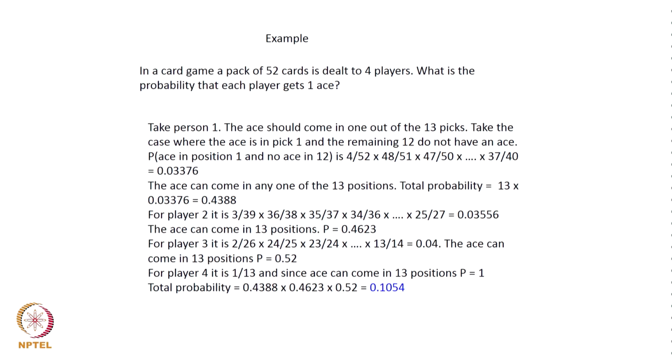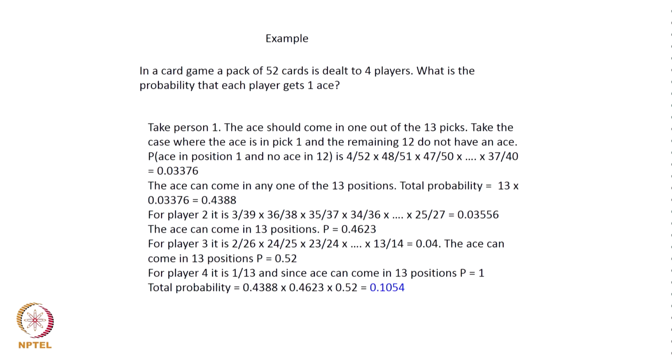The 36 by 38 comes because the second player has already got an ace in that 3 by 39. So, there are only 2 more aces remaining and 36 non-aces remaining out of 38 remaining cards, and therefore 36 by 38. And then it moves on till 25 by 27, which is 0.03556. Now, again this ace can come in any one of the 13 positions, therefore it is 13 times 0.03556,